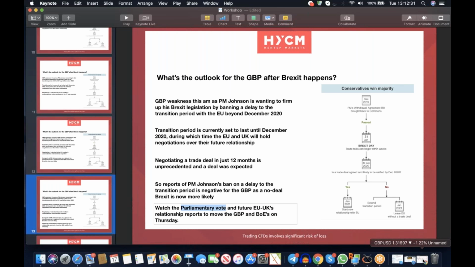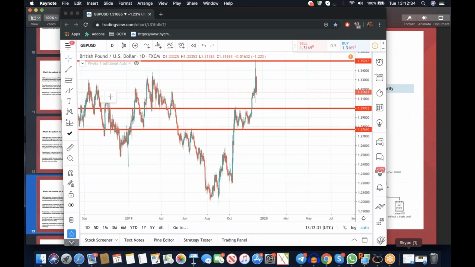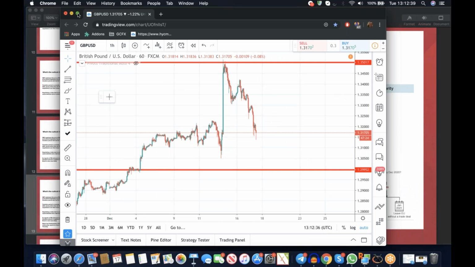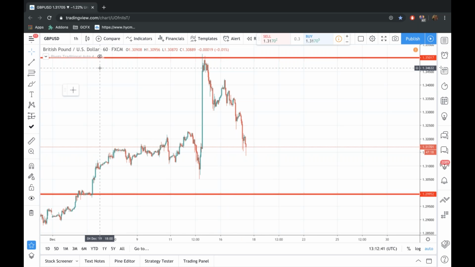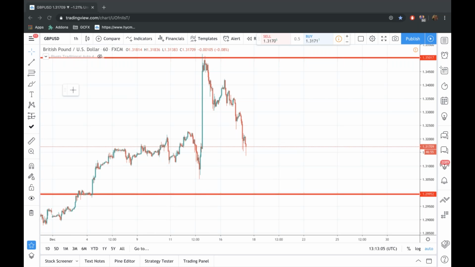The next trigger point is the Bank of England meeting on Thursday. So when the Bank of England meets on Thursday, the markets will be looking very carefully at what they say. Now, remember, a lot of UK data and Bank of England meetings have been pretty much, if not ignored, not given much focus by the market, because Brexit has been the big focus. Now that focus is going to shift a bit, and the Bank of England is going to be in keen focus. So look at the Bank of England's decision on Thursday.